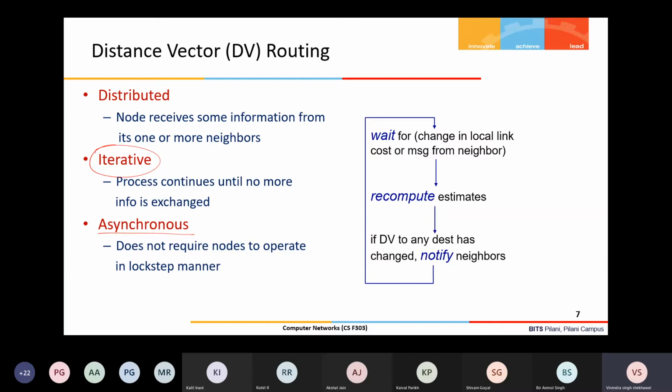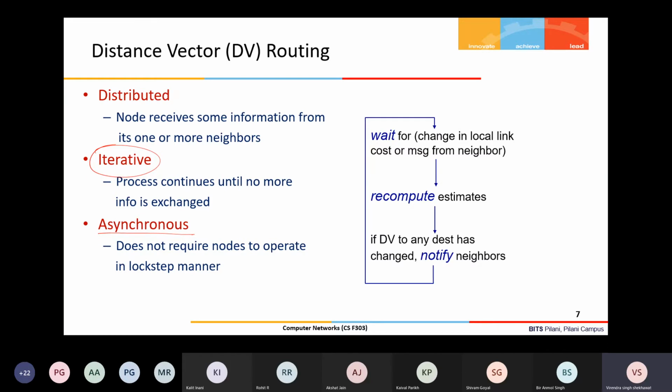Although synchronization is not required in link state routing also, each node can run independently. The only thing is that, before running the routing algorithm, the nodes should have the complete topology information. Through flooding they get the information, and then they run the algorithm independently and compute the routes.